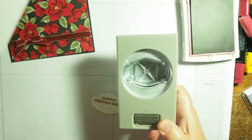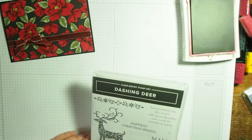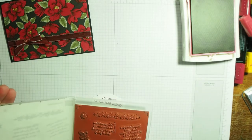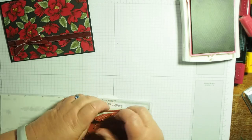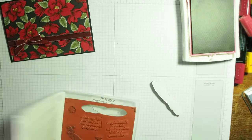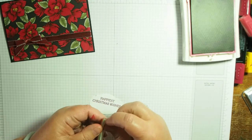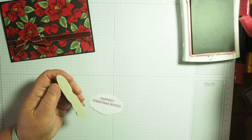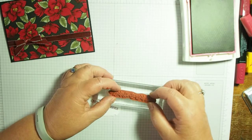Happiest Christmas wishes. Pop that. I wonder, I might just try a bit of this pattern here. Well, what do you know? I've not even had that stamp out of the box. Look, still got its backing on. Now I bought this and did lots of things with this set last Christmas, and I haven't used this, but